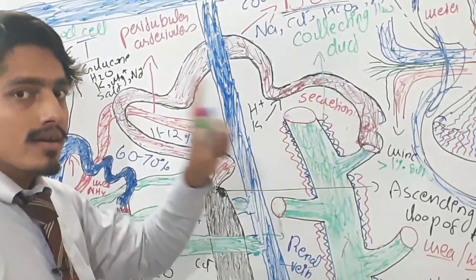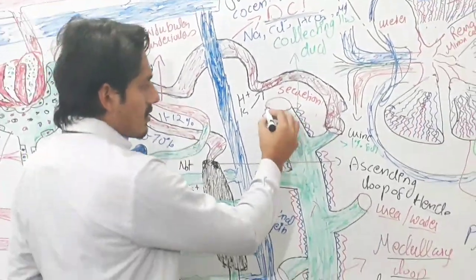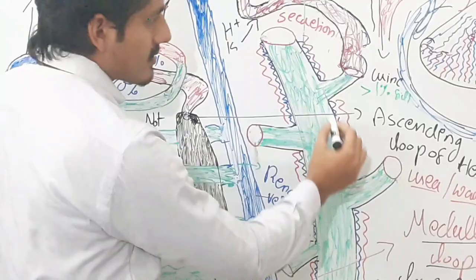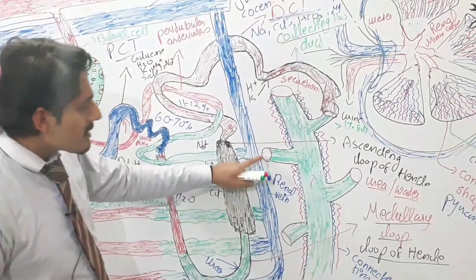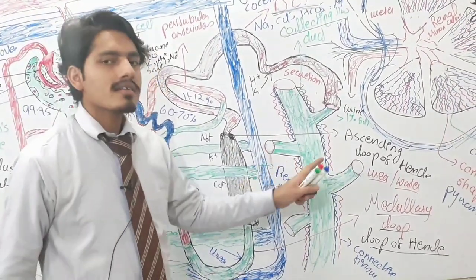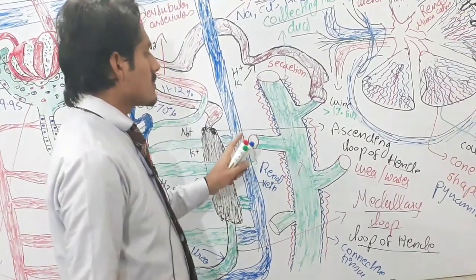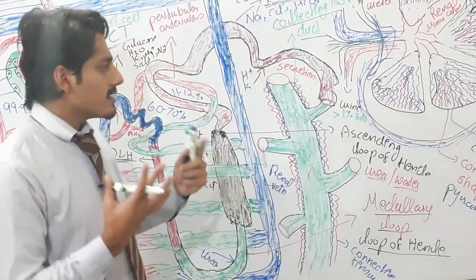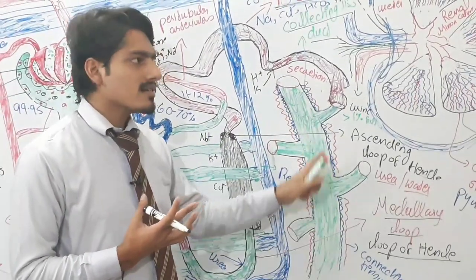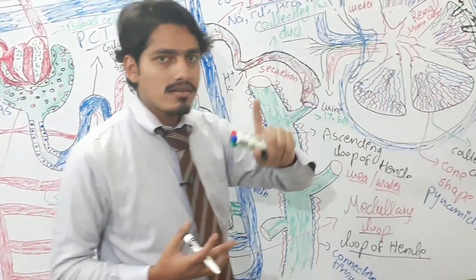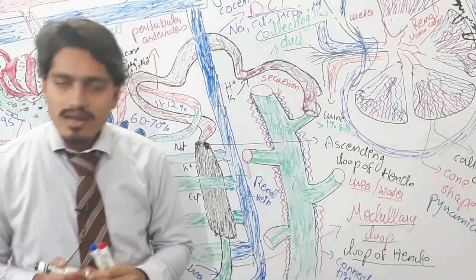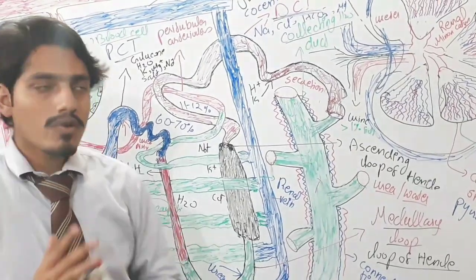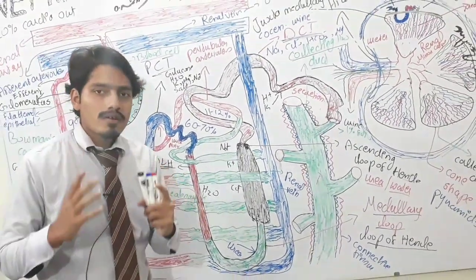further attached with ducts. These ducts are called collecting ducts. This one is called the collecting ducts, which is green in color. Okay, there are many nephrons attached with a single collecting duct. So we can say that a minimum number of collecting ducts are present in each kidney. Clear? So this one is the nephron and this one is the collecting duct. This is the basic structure of the nephron in our kidney.